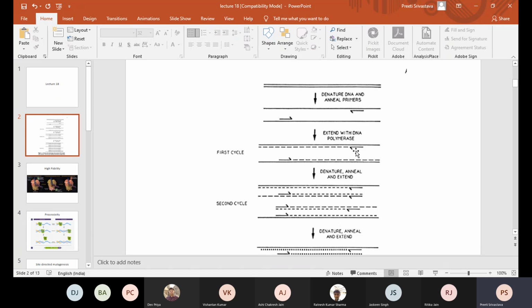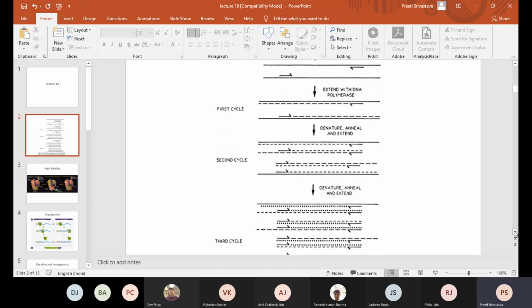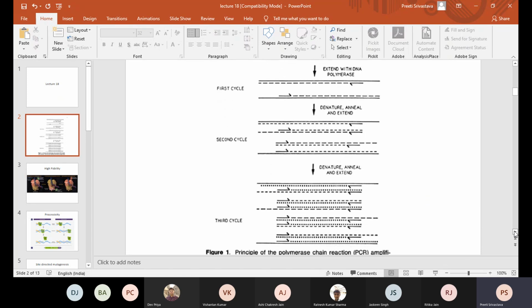See, the primer is going to extend in the 5' to 3' direction. So this primer is extending the chain in this direction and the other primer is extending the chain in the opposite direction, right? In the next step, when you denature, anneal and extend, again the chain will extend.